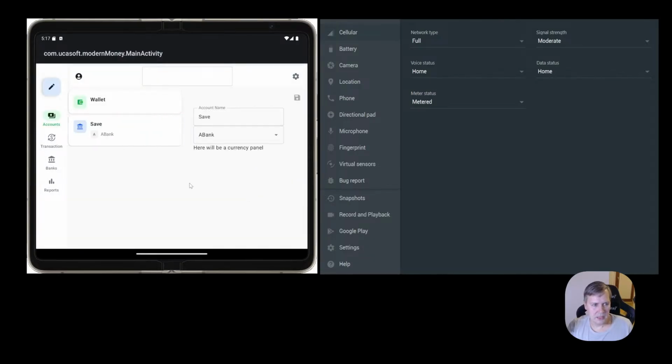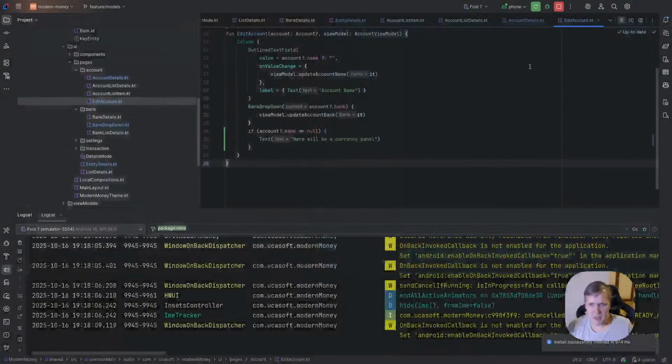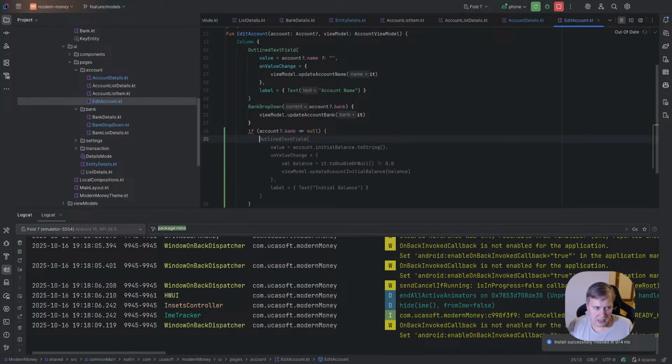And if we edit it, we have a bank. Here will be a currency panel, but if we choose nothing, it disappears. Okay, looks good. So let's switch back. We need to implement this currency